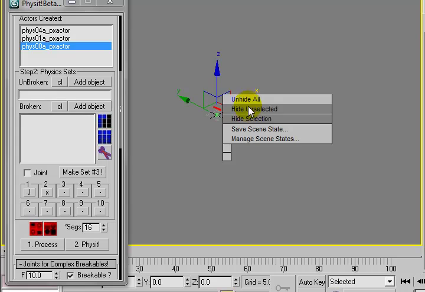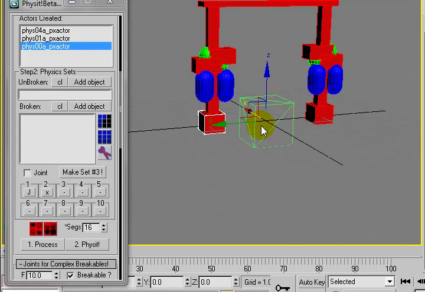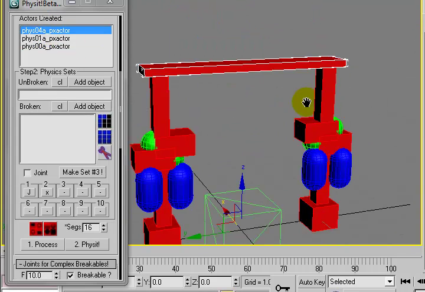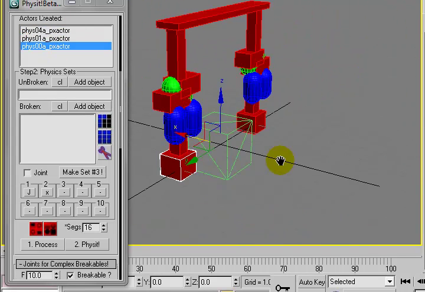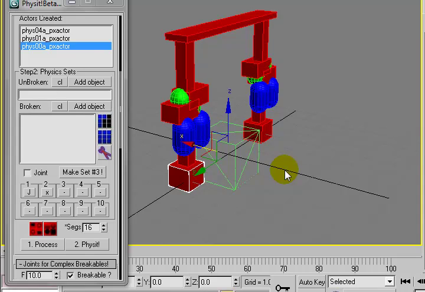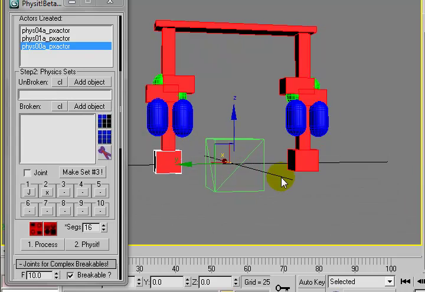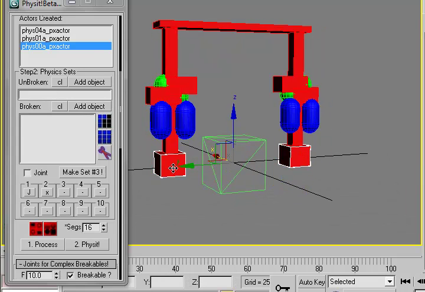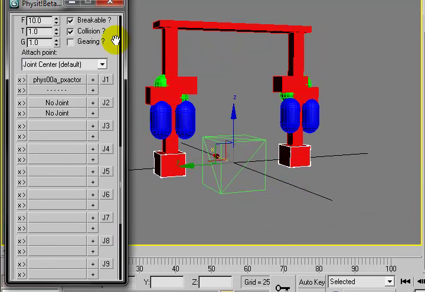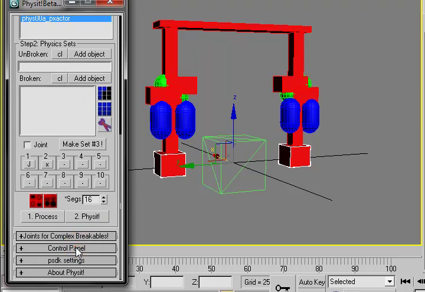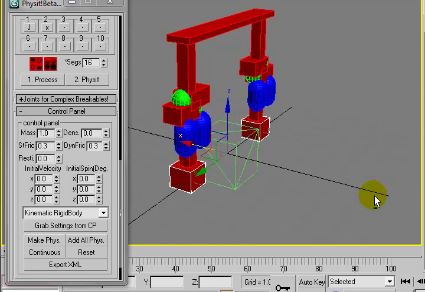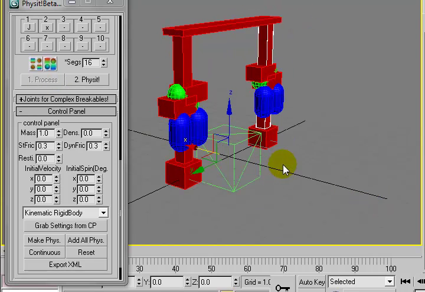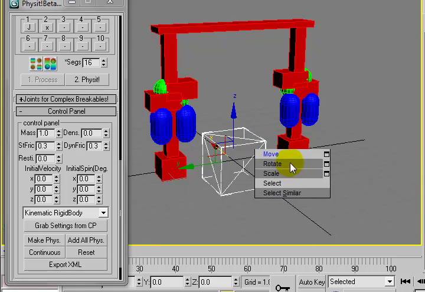Let's unhide everything so that we can see this properly as we select them through the list. There's our top actor and our 2 bases of the structure here. Now those objects are not going to become part of any set. But what we do want is these two to be kinematic. So we're going to go down here to our control panel and change these to kinematic bodies. At this point we can process,